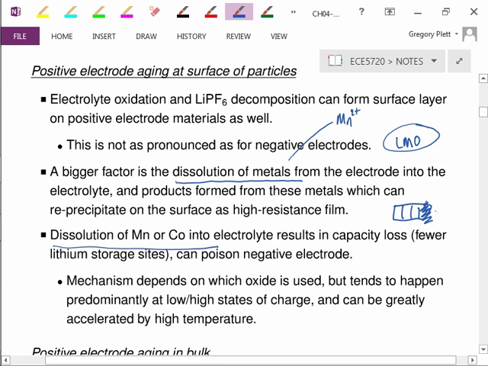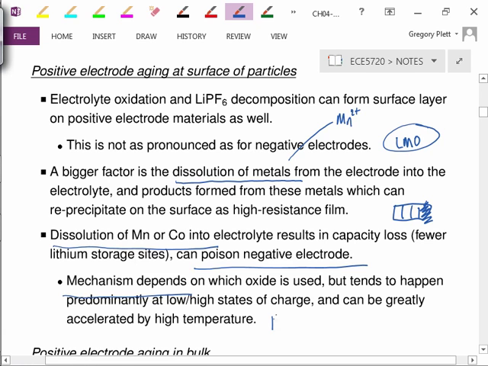And the metal can poison the negative electrode, meaning that the Mn2+ would go over to the negative electrode and attack it, and cause SEI to grow, to block pores, to do a number of possible things. So the mechanism of the deterioration and the poisoning depends on which oxide is used in the positive electrode, but it tends to happen mostly at low and high states of charge, and it can be greatly accelerated by high temperature. The actual mechanism is probably an acid attack, and we mentioned this in the last section, that